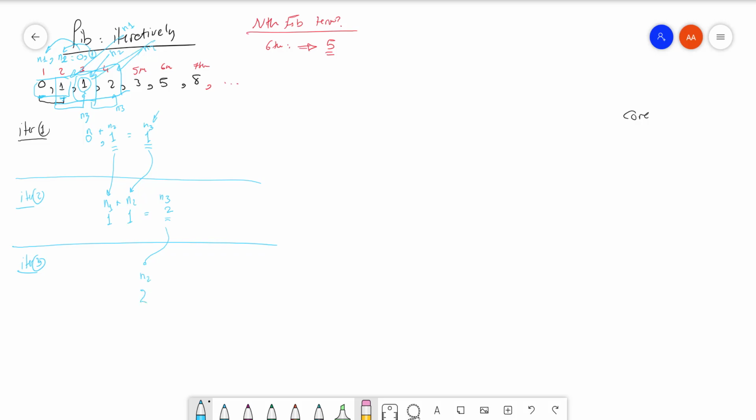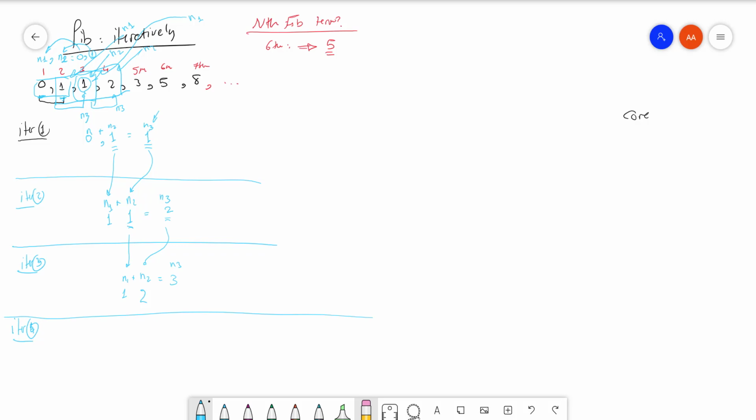And what was n2 in the previous iteration, which is n1, is going to be n1. So what was n2 is going to be n1. And these are going to be added together to give you 3, which is n3 in this case. And accordingly, in the first iteration,